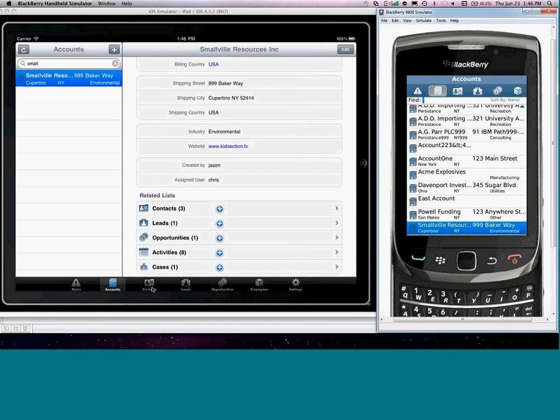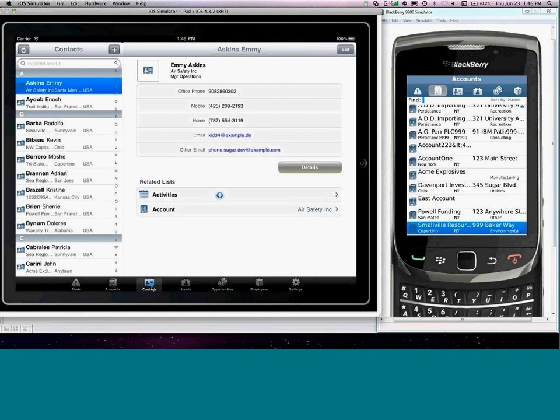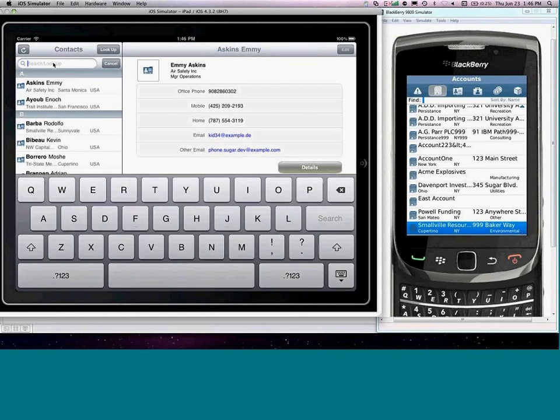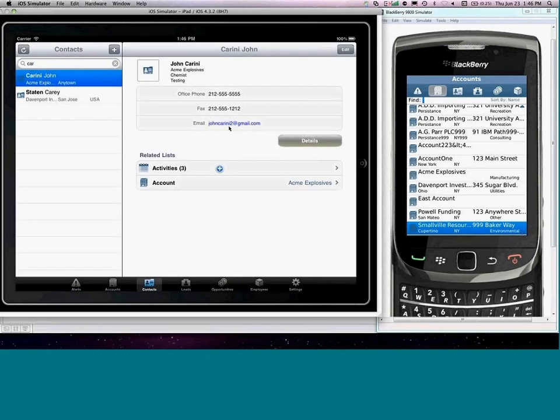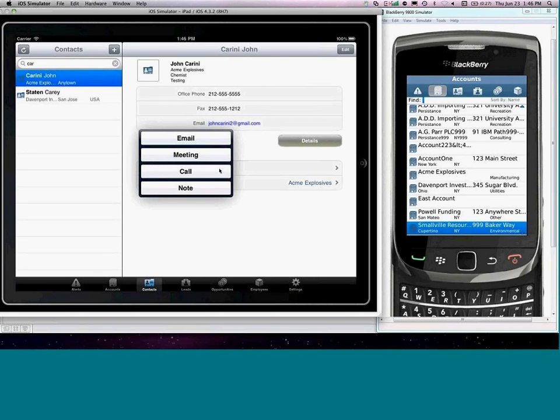So perhaps you'd like to go at it a different way. Maybe you deal with people more. Well, that's not really a problem. And in the same way that we searched for an account, you can search for a contact. And there's me at Acme Explosives. Click on it. Click on the email address to send an email,